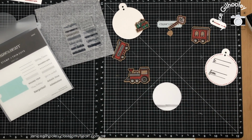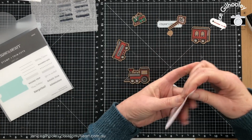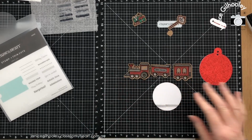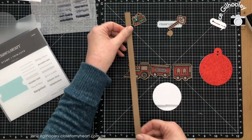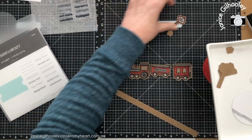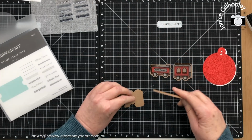I don't think the recipient's going to notice if things aren't totally lined up. So now all that's left for me to do is adhere this together, and then I'm going to put my train carriage together. So I'm bringing in a 1/2 inch strip of Kraft. I'm just going to put these things aside in my tray here so I don't lose them while I'm doing this construction. And I'm going to turn this